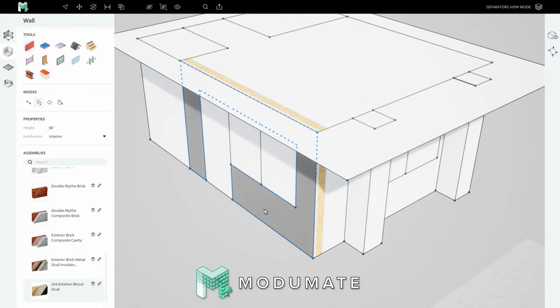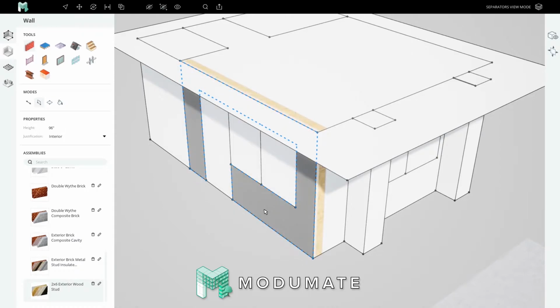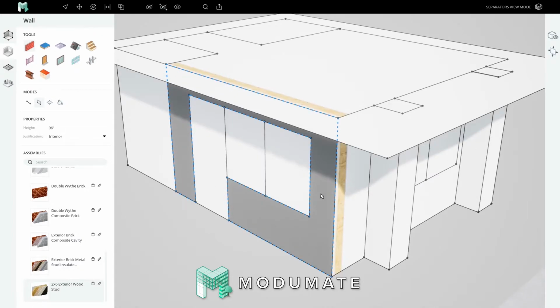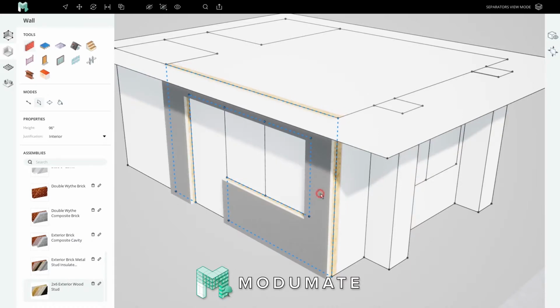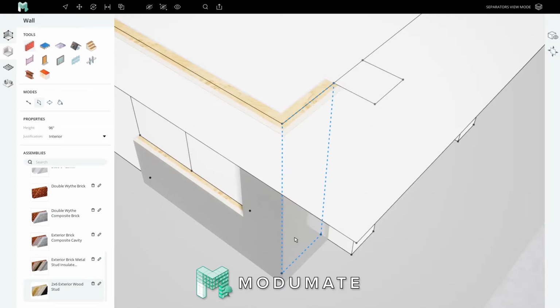These four keys are often used in video games to represent movement, and here, based on your camera's direction, A and S move the wall outward, W and D move the wall inward. I know that I want these walls center justified, so I will tap A once and click. Then I'll mouse over here, and I can see the orientation of the wall is just what I want, so